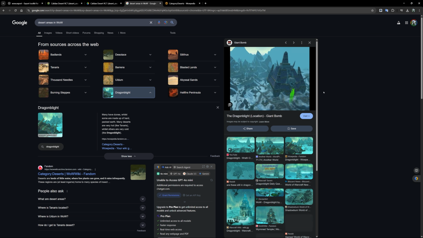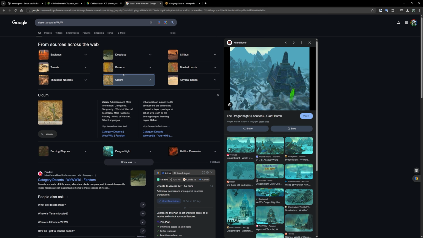Like here, in this image, obviously we're not using Dragonblight, but this is a ziggurat right here. This is the floating ziggurat. If you're like, wow, I really like the floating ziggurat, you could probably find the actual model for that and get a bunch of textures. And we'll get into why that's important in a minute, but anyways,